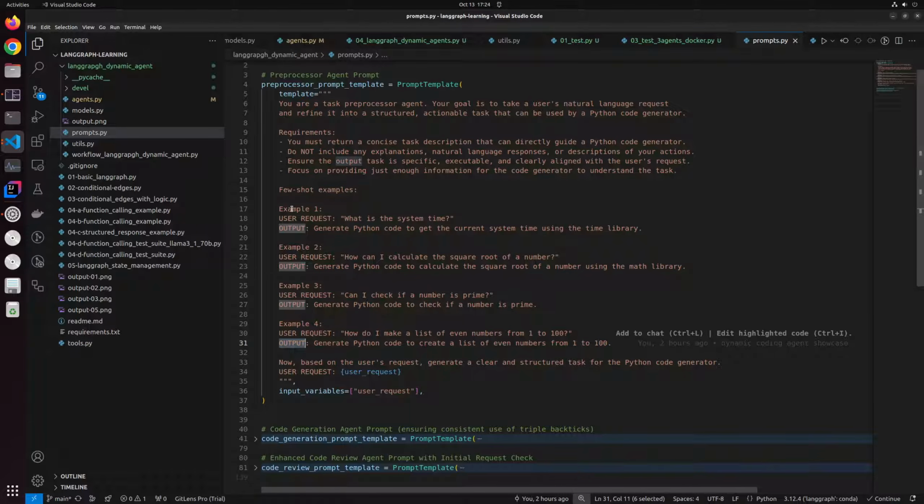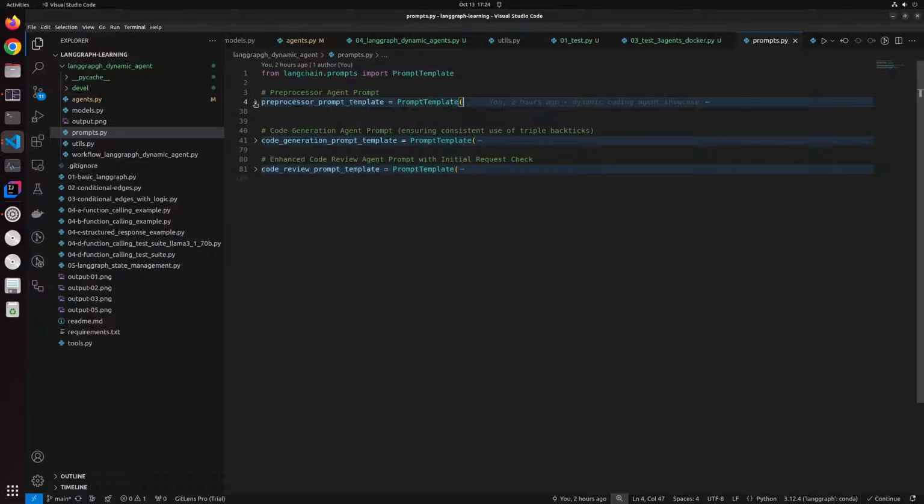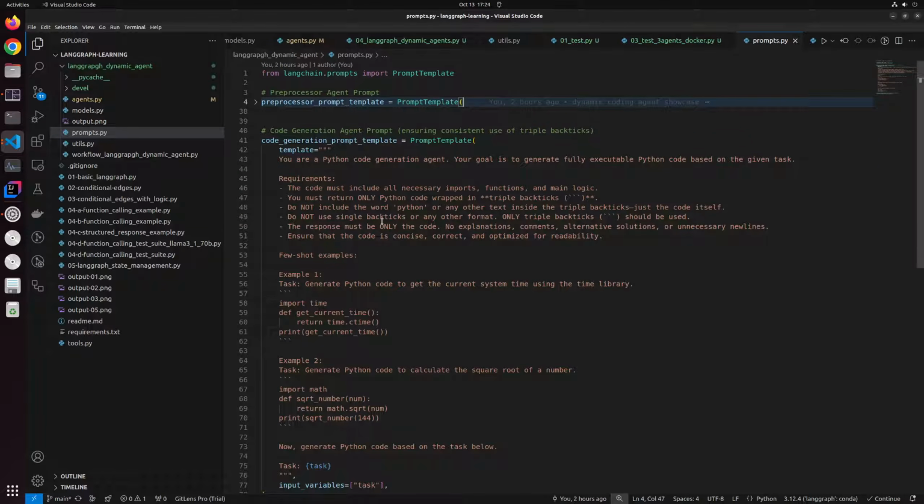You also provide some few short examples so AI can take a look and then respond back in a more meaningful and intelligent way. Okay, while we are here, let's take a look at some other prompts that are in the same file. So this was the preprocessor prompt. This preprocessor prompt gets passed on to the code generation agent eventually, and the code generation agent also has some